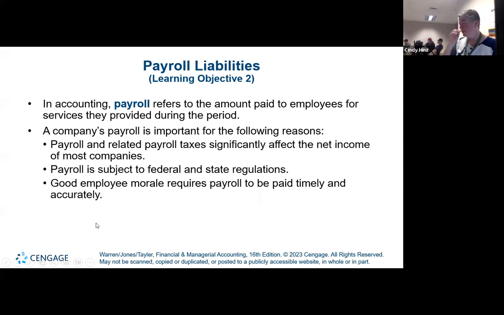Unfortunately, there's not enough detail for me to show that to you, but one of the very largest expenses for virtually all companies is their payroll. And so it's important that we do it right. We want to keep our employees happy, so paying them what they have actually earned is important. But it's also very important that we get the tax piece of it, the statutory or regulatory piece, correct as well. So we're going to be spending a good amount of time today talking about payroll,